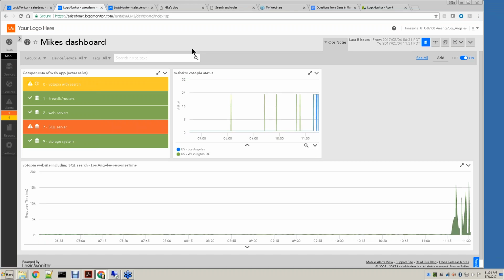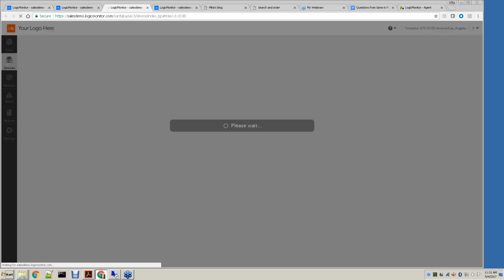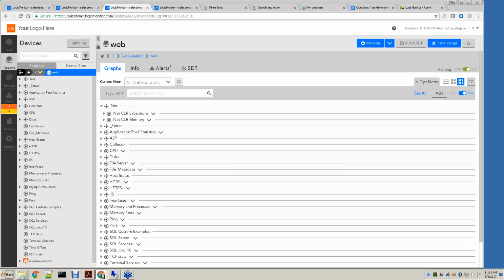All right, finally, I say finally because now I'm looking here, but it found the problem in the database. Let's take a look here. Overall, I was doing a web check of the whole website with that search taken into account, and that is showing here as an error, and then the SQL Server. So let's dig into the SQL Server here. Let's click on that link, and it'll take me to that server, and I look for the alerts down here